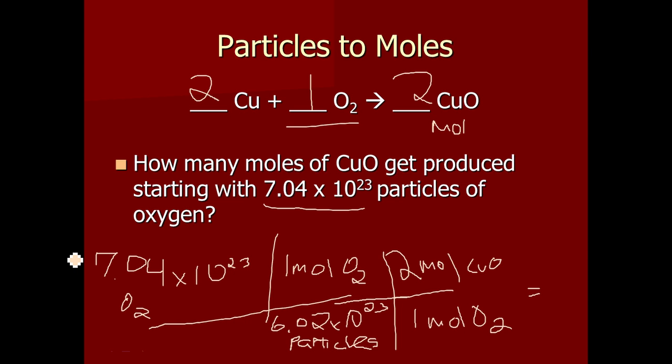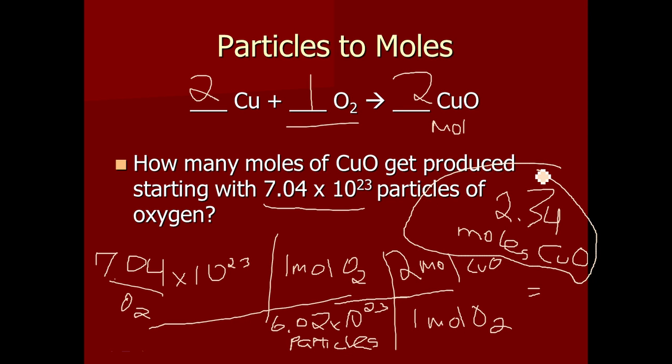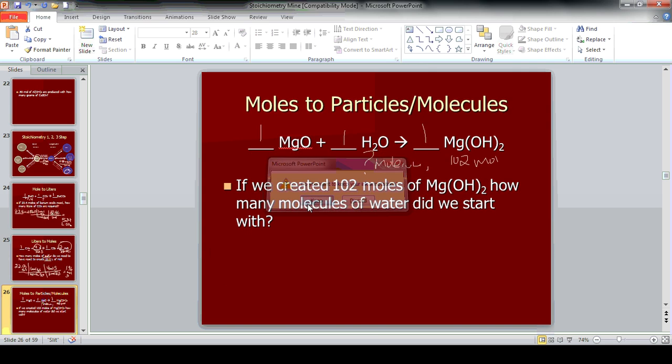So we have 7.04 times 10 to the 23rd times 2 divided by 6.02 times 10 to the 23rd. I got 2.338. We can only have 3 sig figs here, so it's going to end up being 2.34 moles of CuO. Okay? And that will just about do it for every kind of